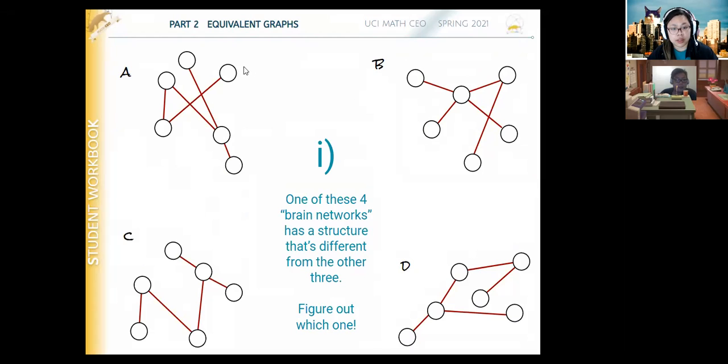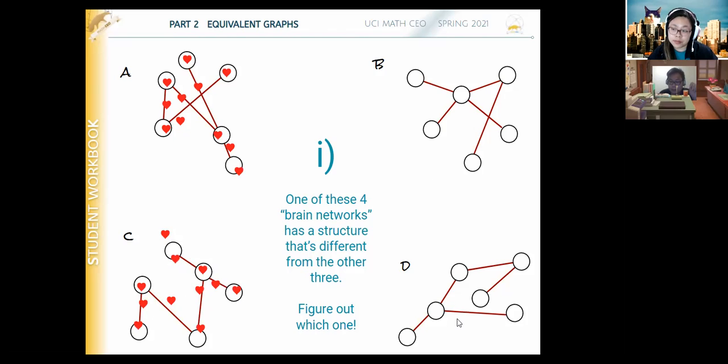Okay, I have it. So let's say if you were to look at this graph, you see 1, 2, 3, 4, 5, 6 points, and 5 lines. And then you look at here, it's 1, 2, 3, 4, 5, 6 points, and then 1, 2, 3, 4, 5 lines. Some might say, oh, this is equivalent because there's an equal amount of points and an equal amount of lines. However,